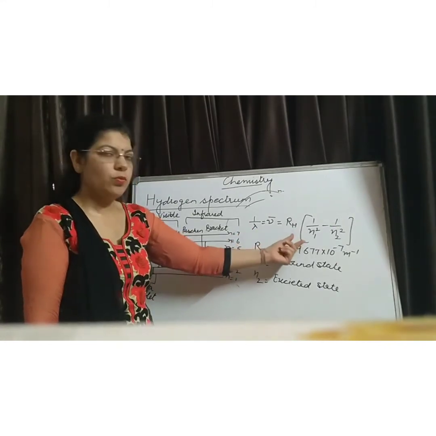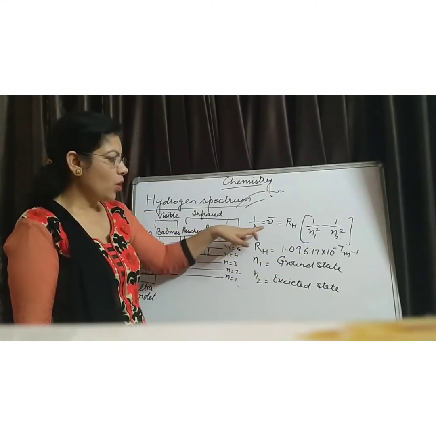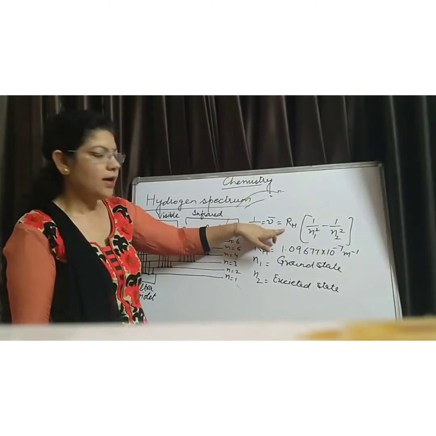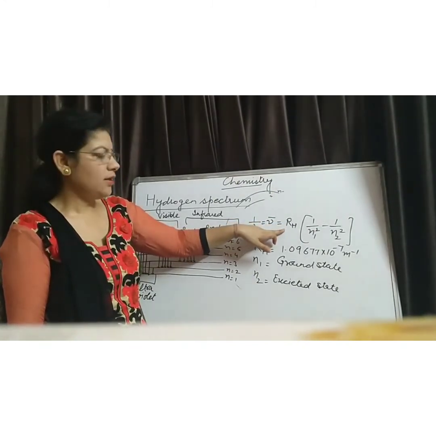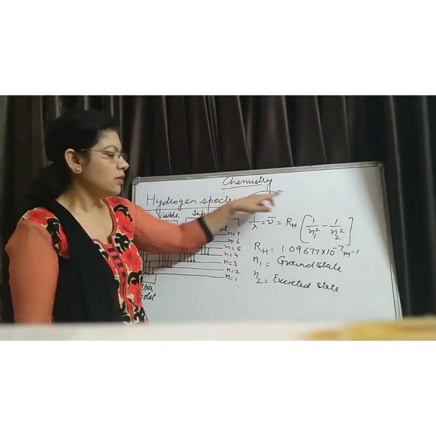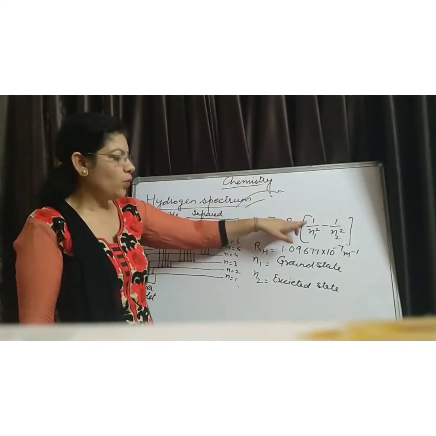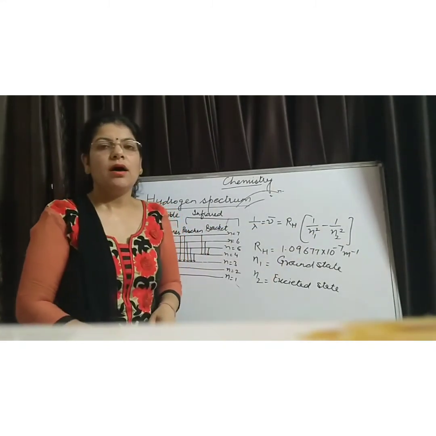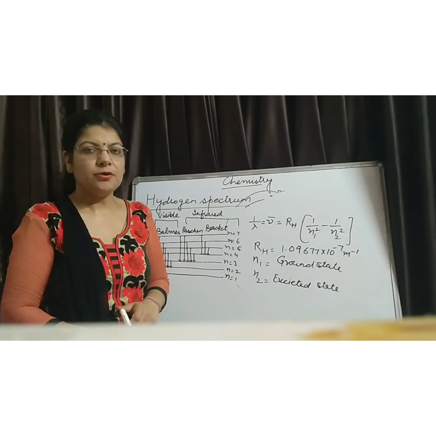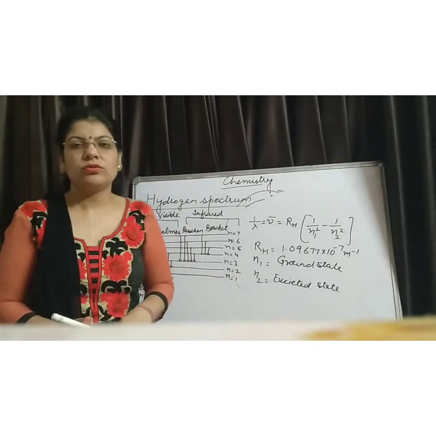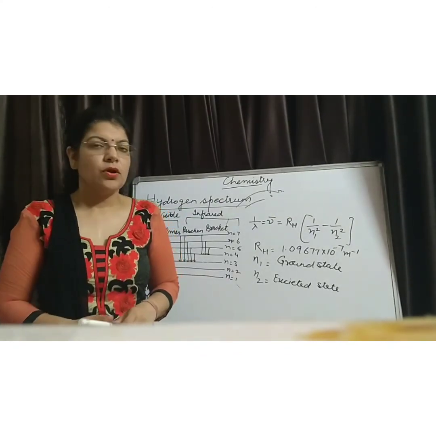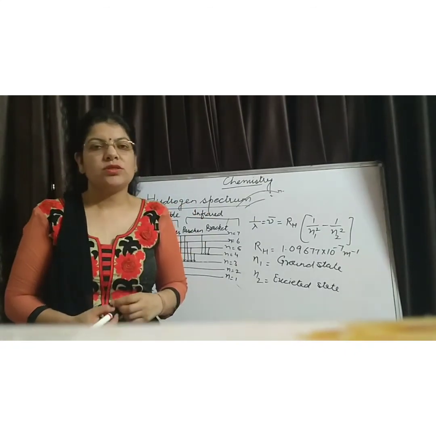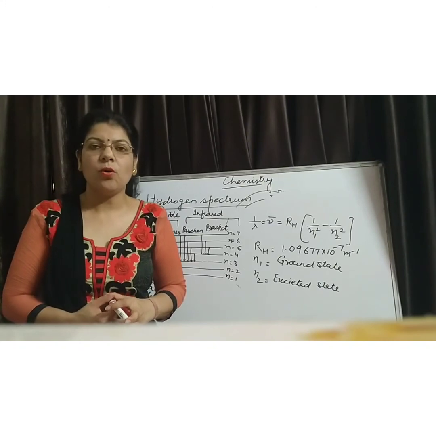RH is the Rydberg constant, and Rydberg is the name of the scientist who gave this formula. N1 is the ground state of the electron and N2 is the excited state. This is all about the hydrogen spectrum, or the spectrum of those ions which have a single electron in their